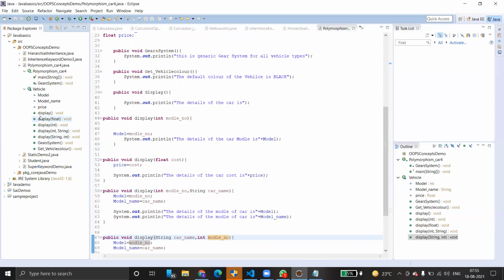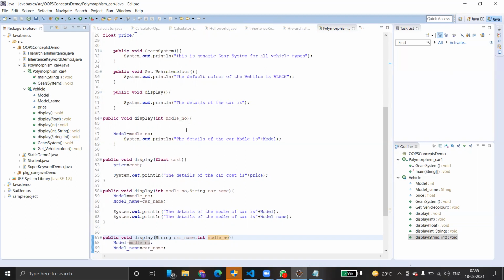But look at the first method, it does not have any parameters. The second one has only one type. Another one is integer type. The third one is integer and string. And the last one, the order is changed. First we have string and then integer. The other one starts with integer and then string. So the order of the parameters, the number of parameters, and the type of parameters.